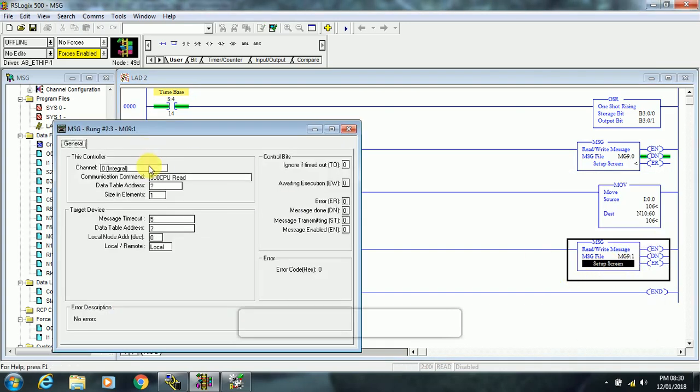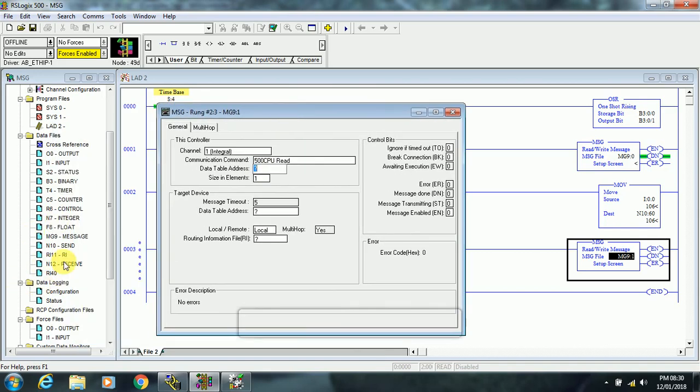Then setup screen, channel will be 1, CPU will be right, data table address is where you want to load, N12 colon, suppose I am going to use 70. Number of elements where configured is 30 elements. Then routing information RI